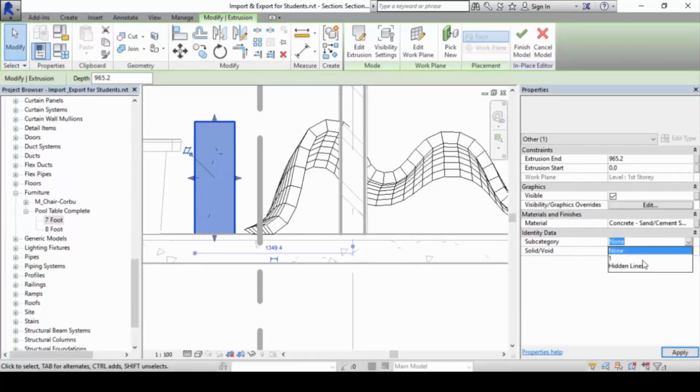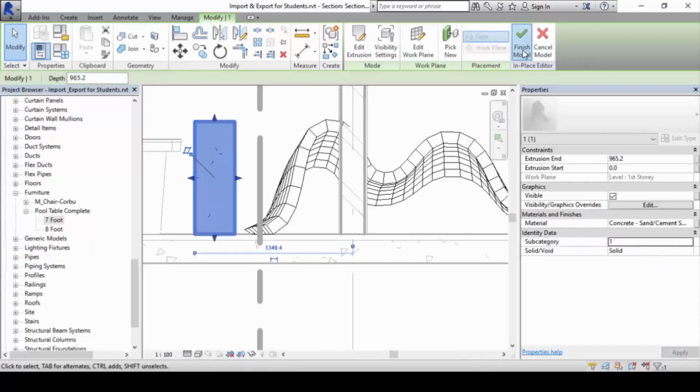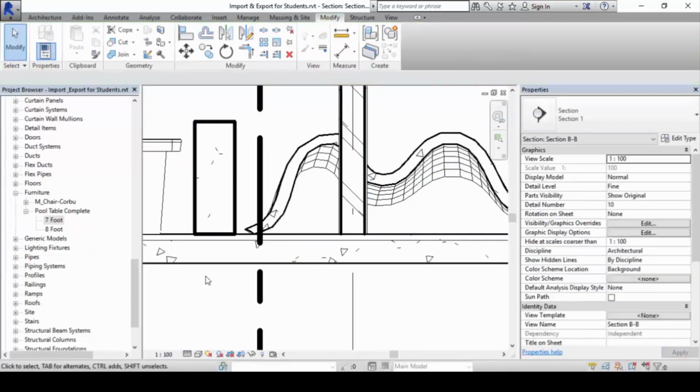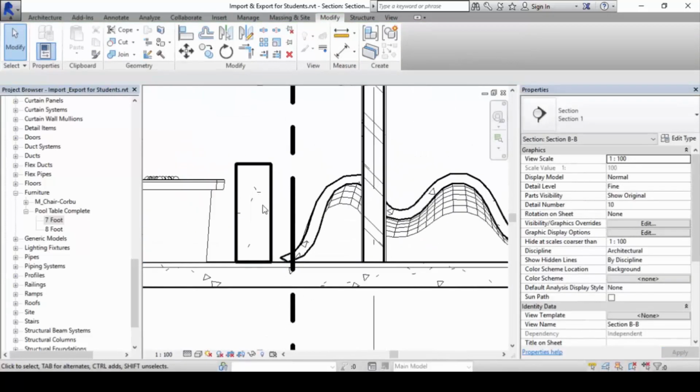This subcategory here is actually referring to some of these subcategories here. We are going to use, let's say, 1, and then we click finish model. Do you now see that the line is different in terms of the line weight thickness? It's now different,